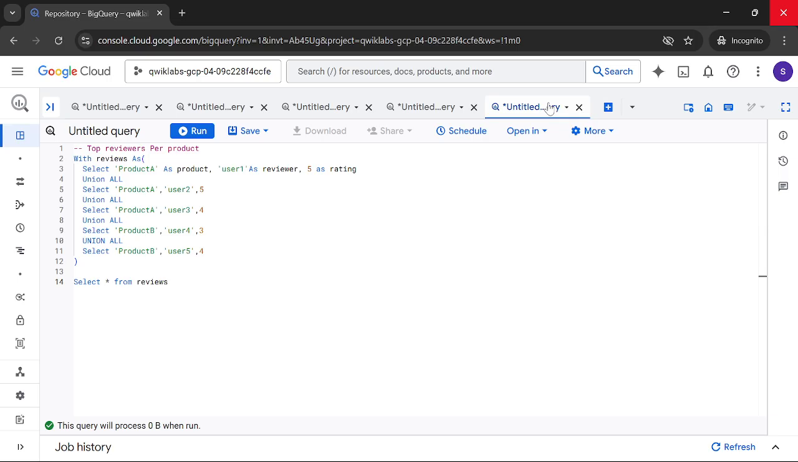Finally, let's say you want to find the top reviewers for each product based on rating. But you want to allow ties. For example, if two reviewers give the same high rating,